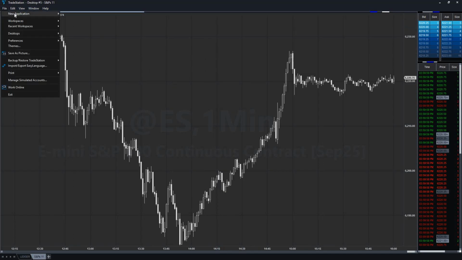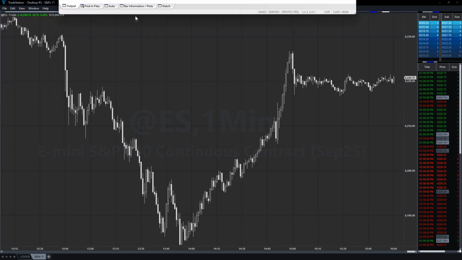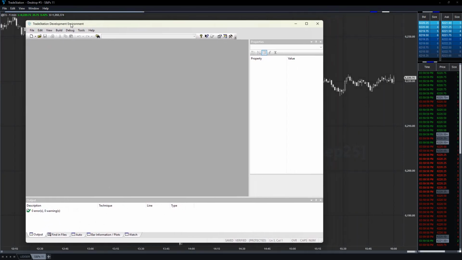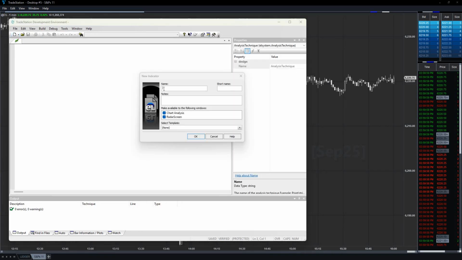First thing we want to do is open EasyLanguage. I've got it open already. It's off screen. I'm going to drag it down here. To get started, we will open a new indicator, and I like to start with something like an exclamation point, so it goes to the top of the list, and we're going to call this